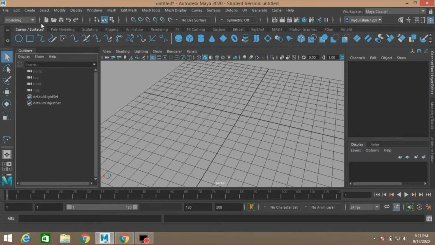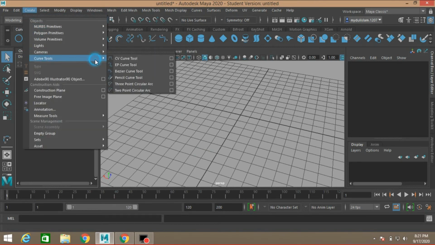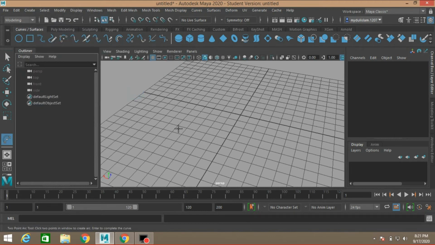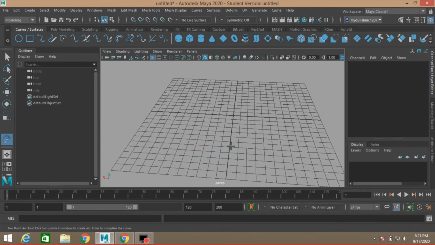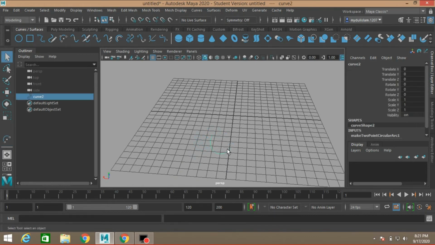Now press delete. The last one is 2-point circular arc. That means if you create 2 points, this will create also a circular curve. See, press enter.